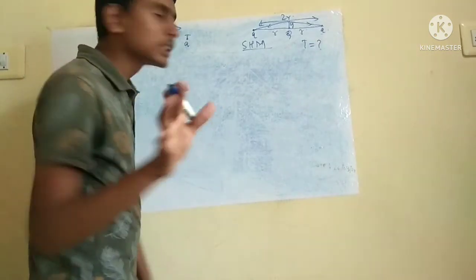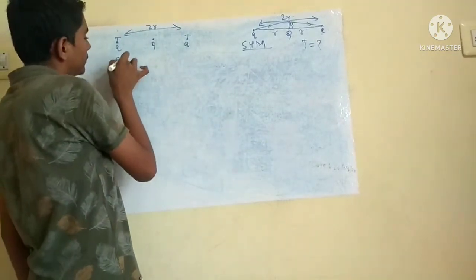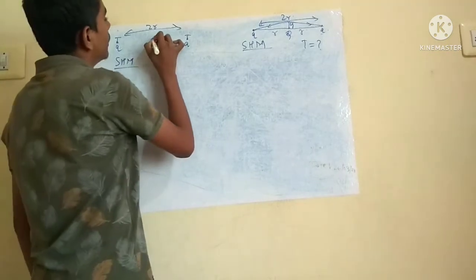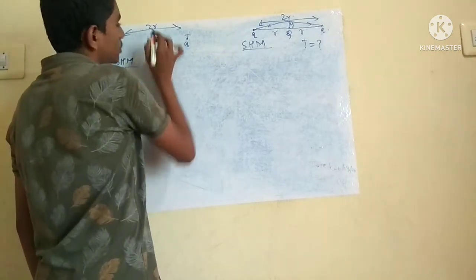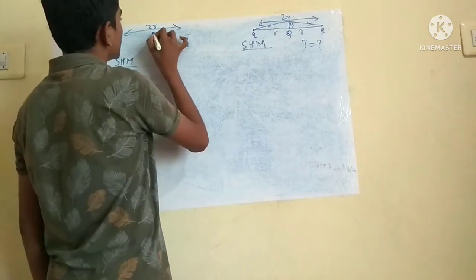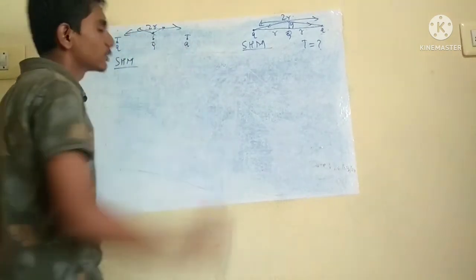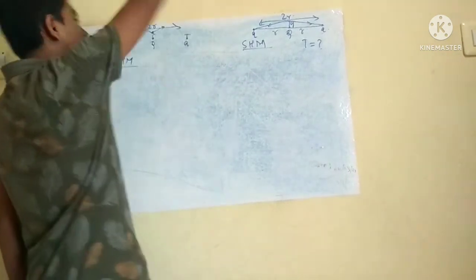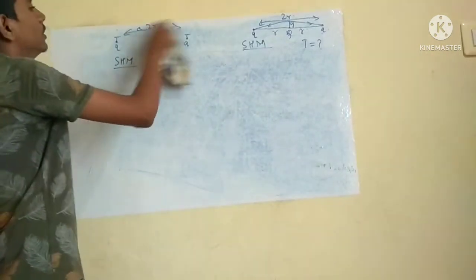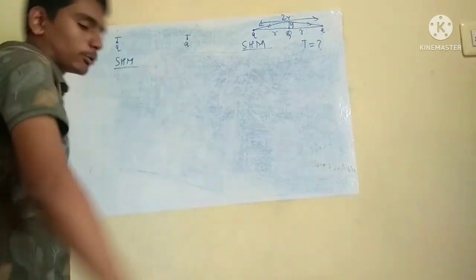It will not oscillate, it will not perform SHM, because if I lift it up to some distance y, then force on this charge will be in this direction. Force on this due to this charge will be in this direction. Resultant will be upside and it will go up only. It will not come back again. Now to be in SHM, what will be the condition?